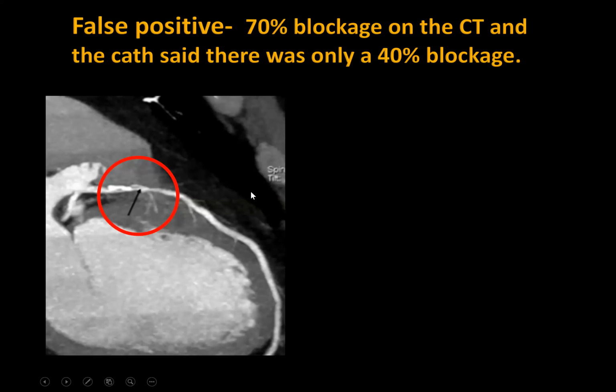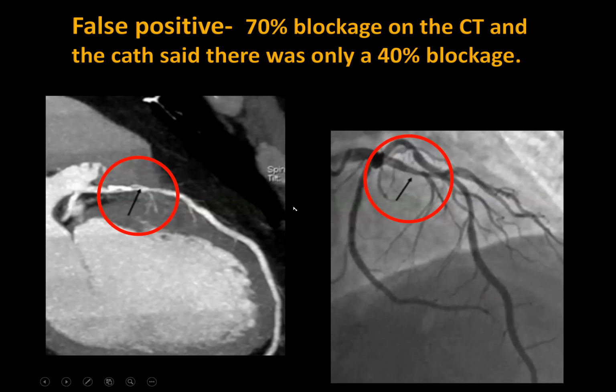When there's calcium, there's a big possibility we overestimate the stenosis grading. And here you see there's a very low calcium score, curved reconstruction of the LAD, but a dense calcification in the proximal LAD, and it seems there's a significant underlying luminal narrowing, like moderate or severe disease. So sent for catheter angiogram, and what you see there, the narrowing is not that severe. So when there is calcium, be careful. There's every possibility of overestimation of the stenosis.